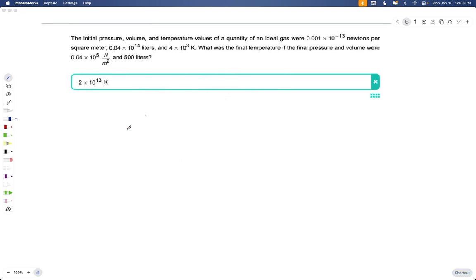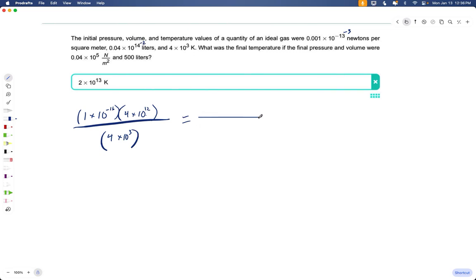All right, let's look at this one and see what we've got. Okay, so we've got pressure, volume, and temp. So initial pressure, 1 times 10 to the -16. That's pressure. Volume, 4 times 10 to the 12th power. And temperature, 4 times 10 to the 3rd power. Okay, is equal to